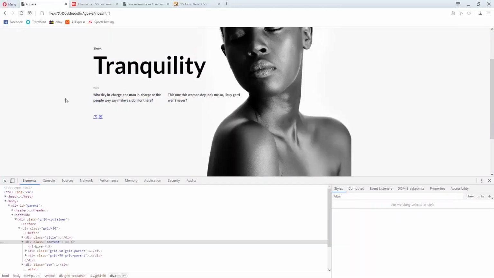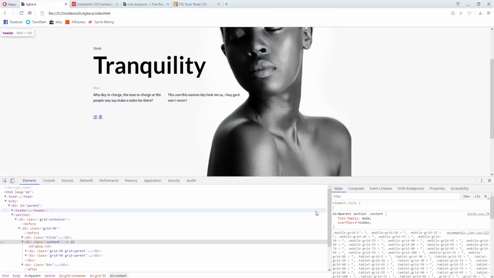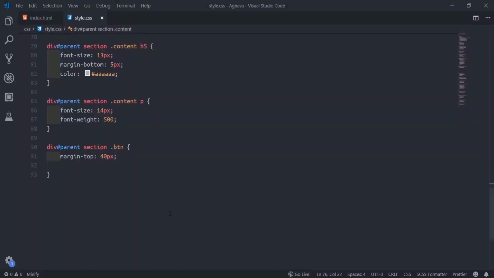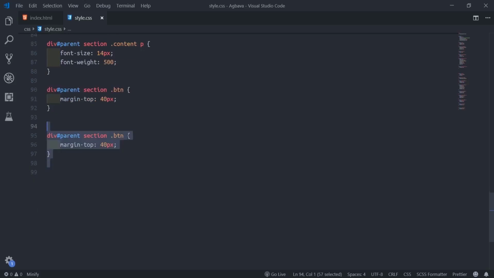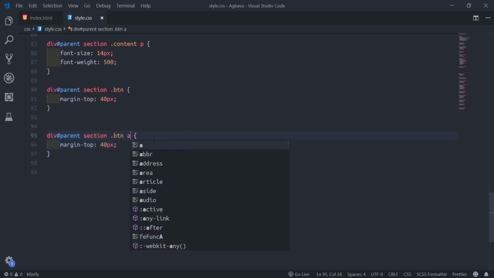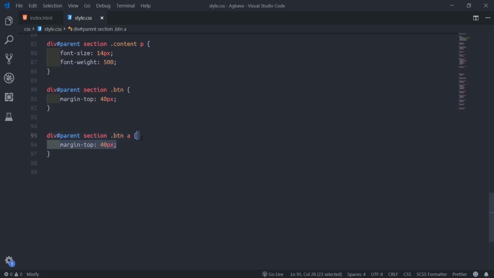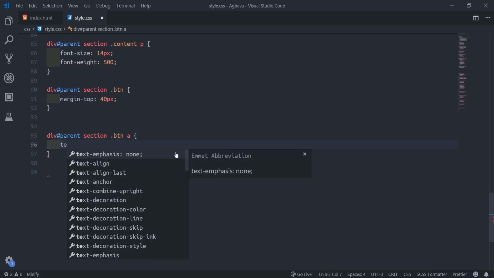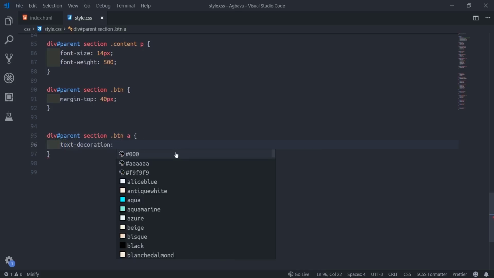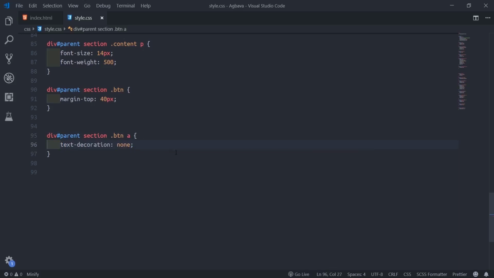Go back. All right. Go there. We'll know who they serve. So after this button now, I'll target the anchor tag. I'll target the anchor tag now. Then I'll style it. So what I'll do, I'll just set text decoration first, maybe none. So that down the line that will come out. So text decoration none.